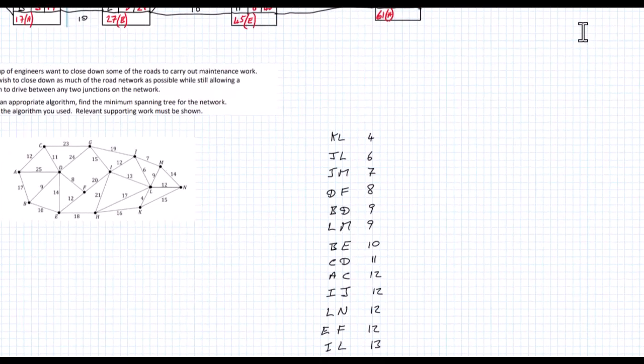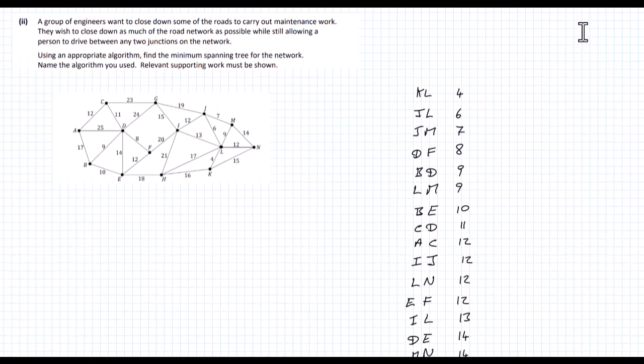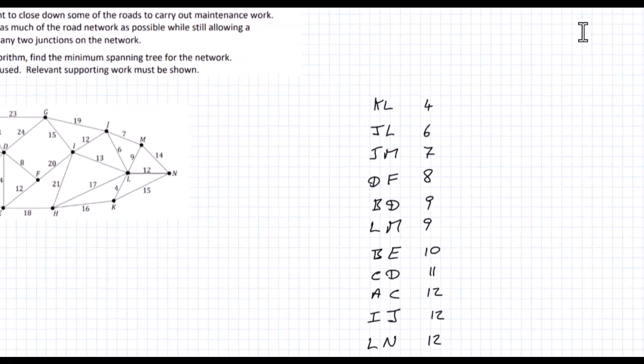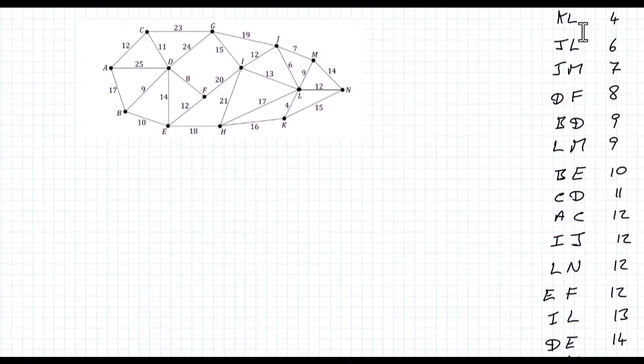Okay, so we've got 2 types of algorithms we can use here. We've got Prim's and Kruskal's, so I might just do both of those. I'll start with Prim's algorithm. So let's have a look at that. I'm going to start here at A, and we'll draw from A to C. We'll go from A to C. So we're going to start here at A, and we'll go up here to C,